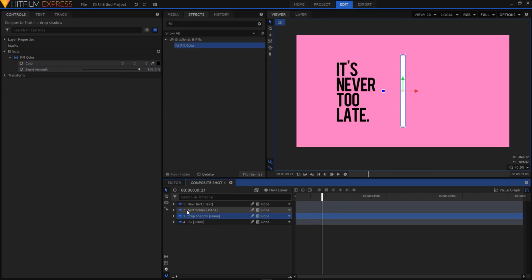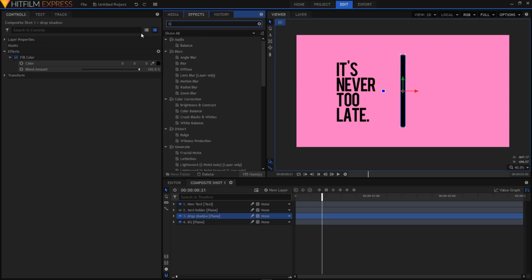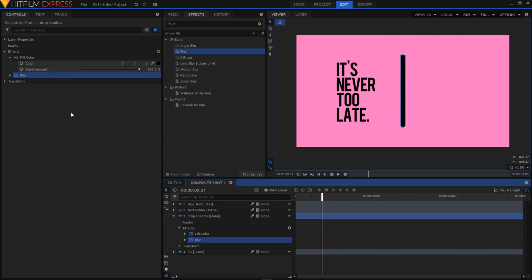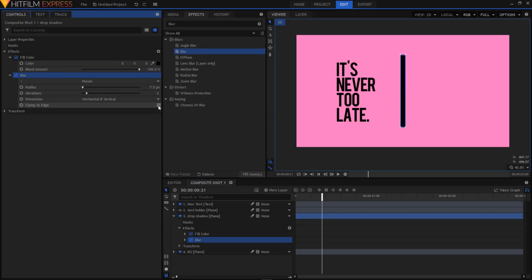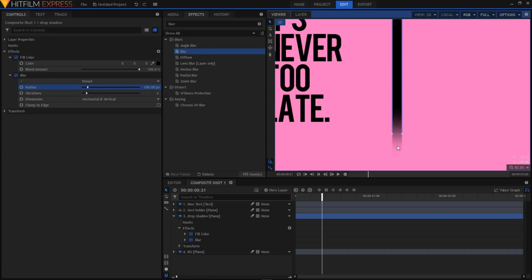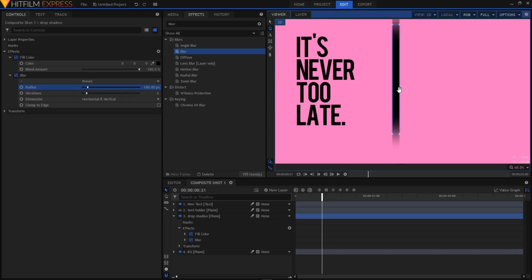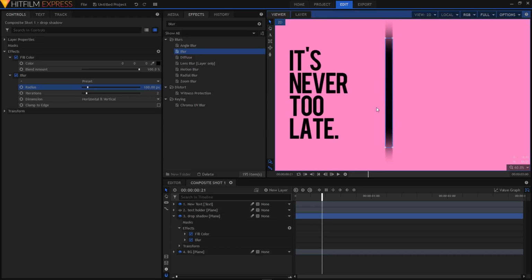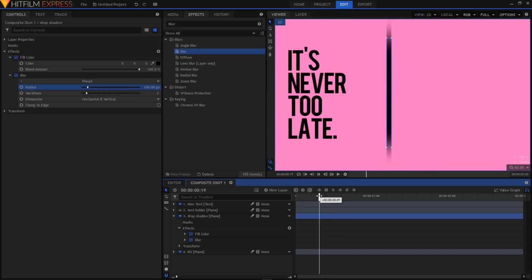I'm just going to hide the text holder layer for a moment by just clicking on this eyeball icon to hide it. And also in the effects tab, search for blur effect and apply it on this layer, the drop shadow layer. Expand your blur layer, uncheck this clamp to edge option and now just change the radius and make it 100 pixels. Okay, now you'll have this extra bit of blur in your animation,